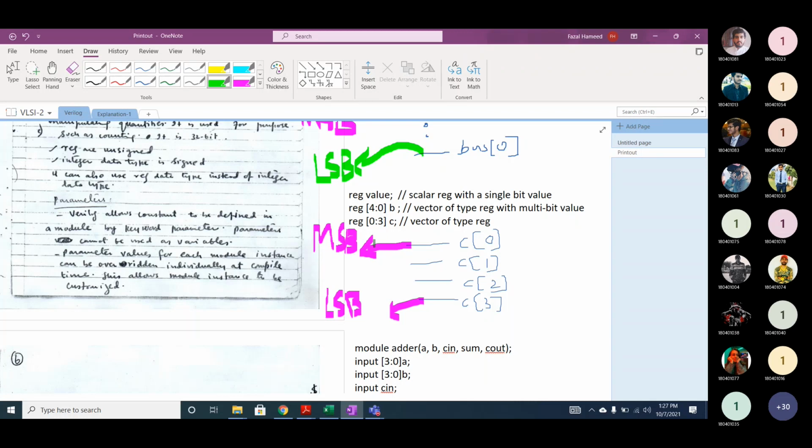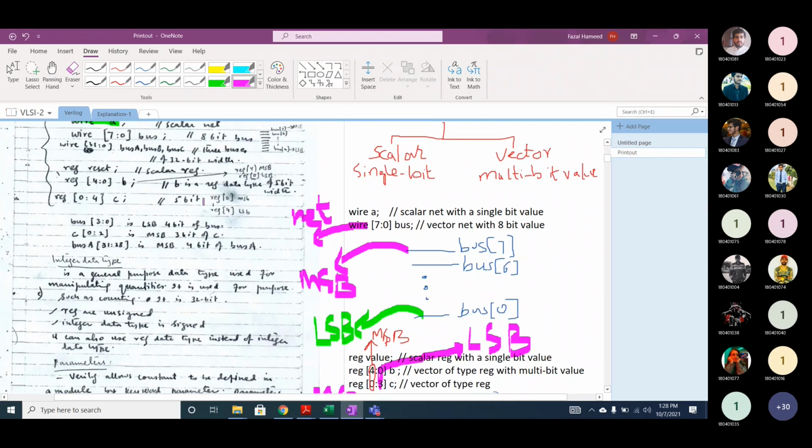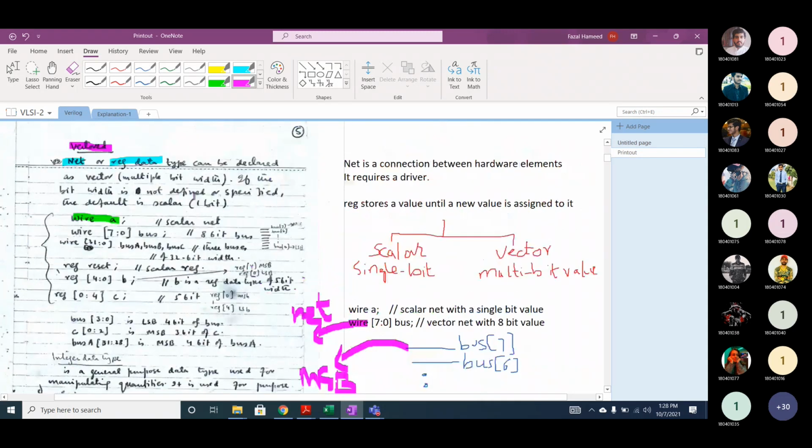So here, the 0 and 1 on the left are the MSB bits, and on the right hand side, these two are the LSB bits.